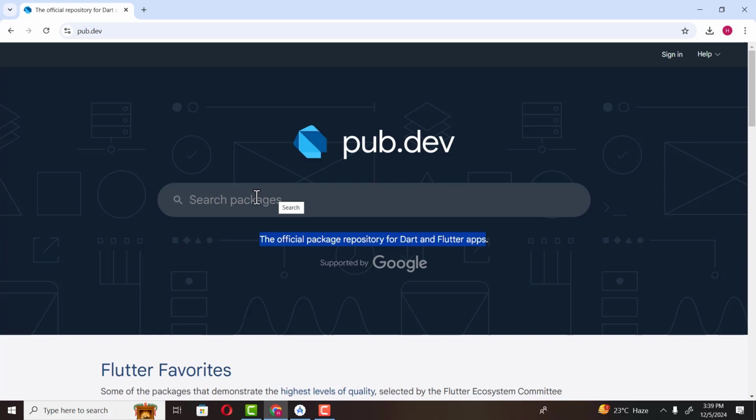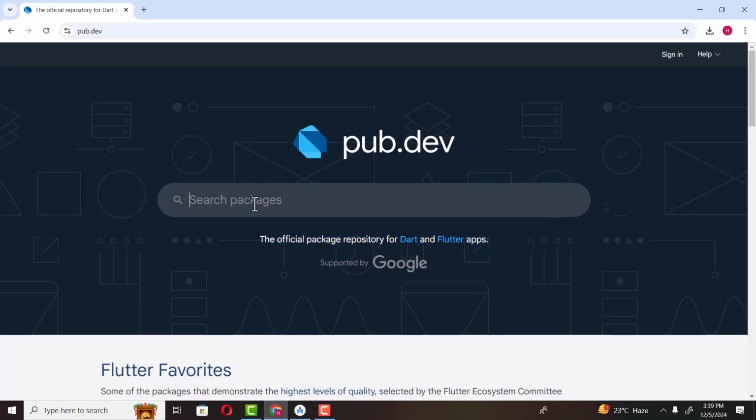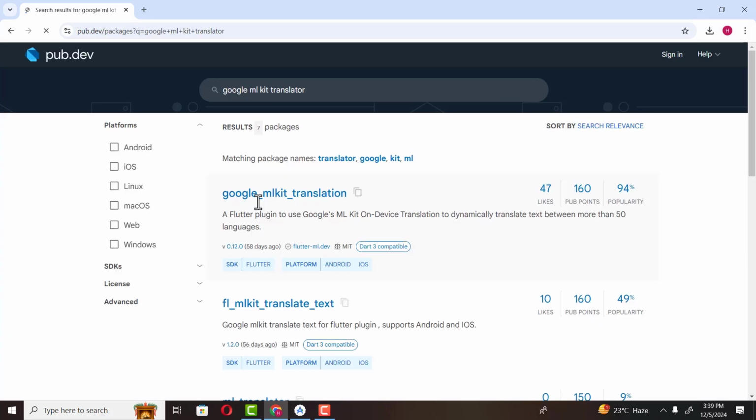And the package which we are going to use inside our application is Google ML Kit text translation. So in order to perform translation inside our application, we are going to use the translation models of Google ML Kit, and we are going to explore them inside this course. So to do that, on this site you can search for Google ML Kit translator. So press enter and you will see this first result,